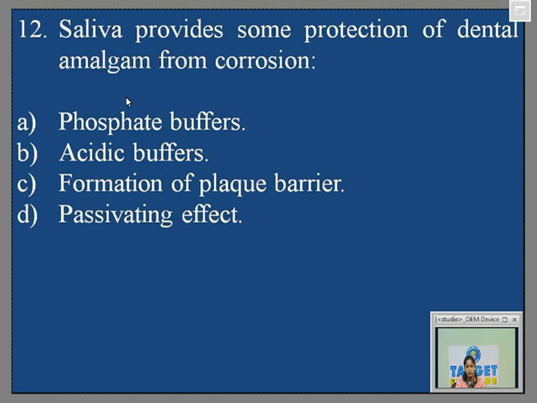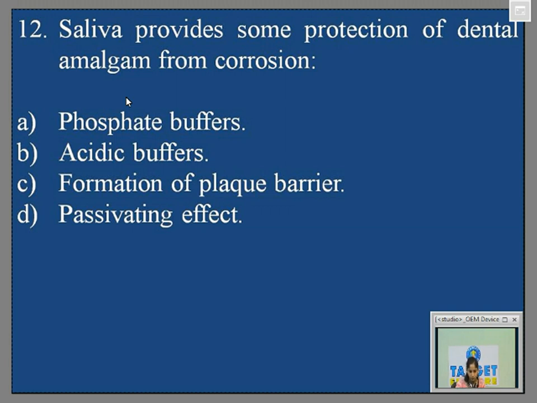Saliva provides some protection of dental amalgam from corrosion. Yes, that is increased condensation pressure. The fourth point was increased condensation pressure. When you are applying your increments of amalgam with a greater condensation force, it will squeeze the mercury. Even the excess mercury that may remain behind by chance will get squeezed out. So that itself will result in net contraction. That was the fourth point.